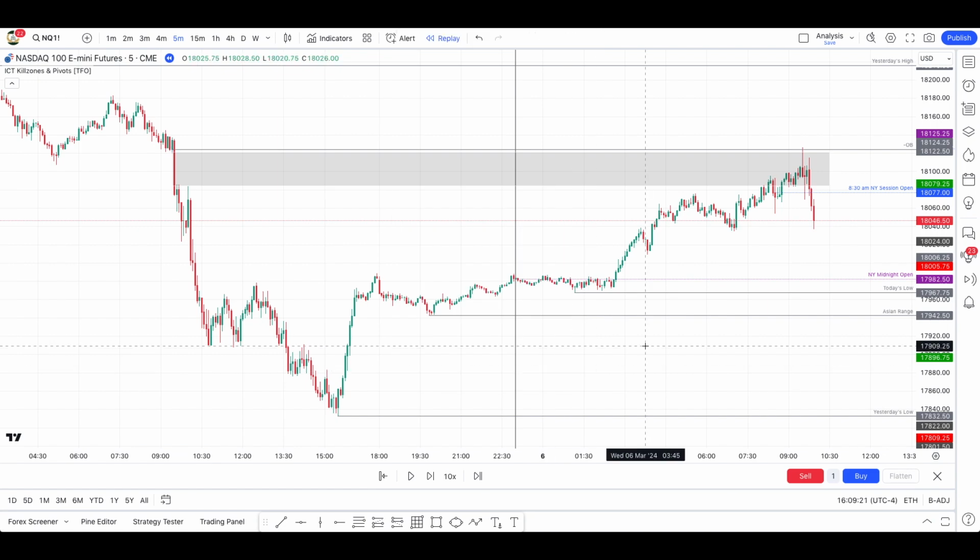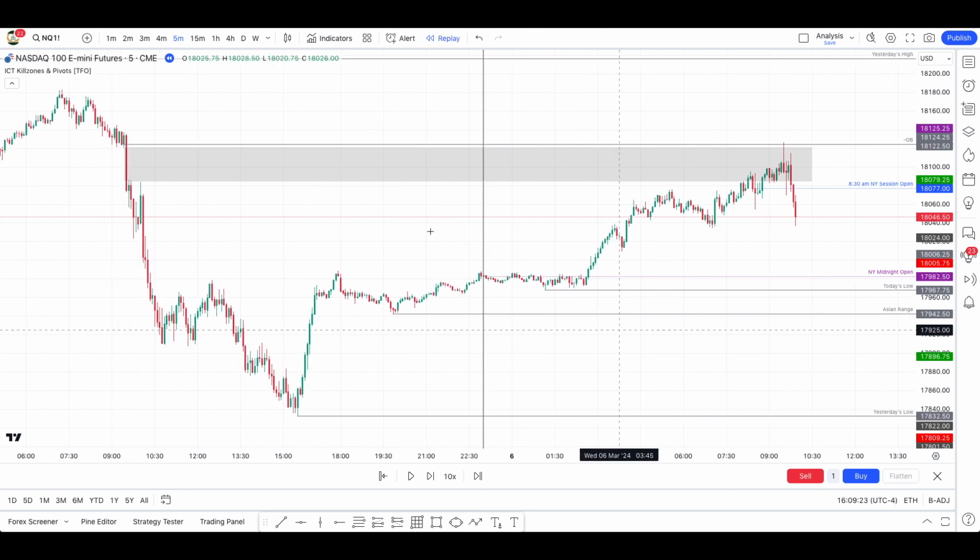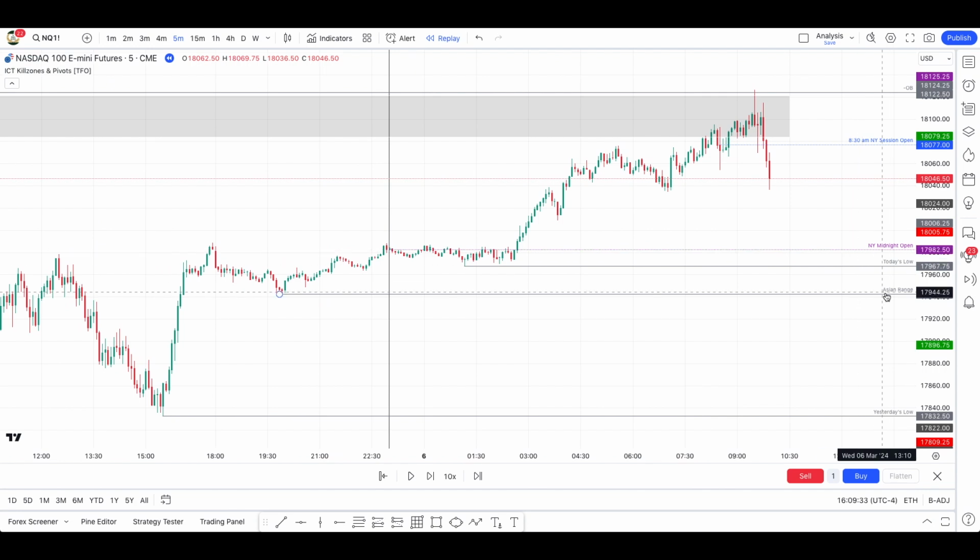But this is not very important for me because I'm trading at a very specific level. And this is too subjective for me. I need very specific things like yesterday's high, yesterday's low, today's low, the Asian range. You see that those levels do not move from one day to another. You can see they're the same for everyone. So I think this is why they're very important. And this is what I've been trading for the past years now.